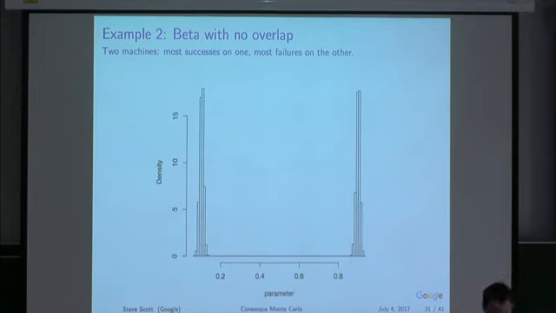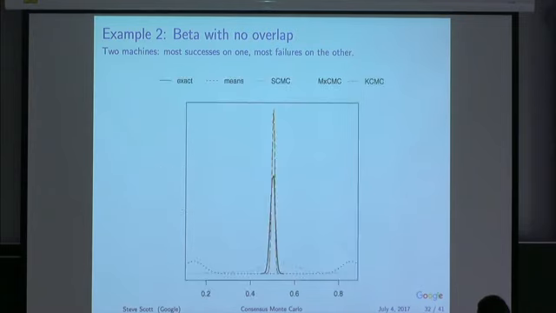Right, and this is the sort of thing that if you really had a one-dimensional problem and you were doing this problem by hand, you'd be an idiot to set it up this way, right? But if you had a 20 or 30 or 50-dimensional problem, this might be something that could happen in a subspace of your problem, and you wouldn't necessarily know that it was there, right? So this is sort of a torture test.